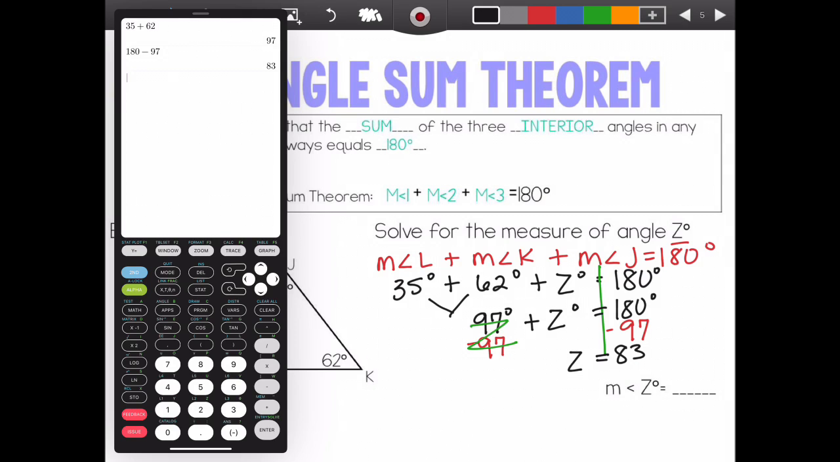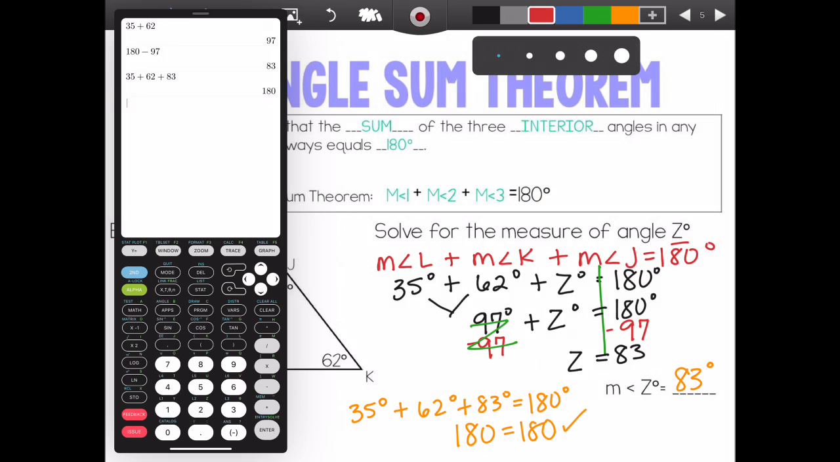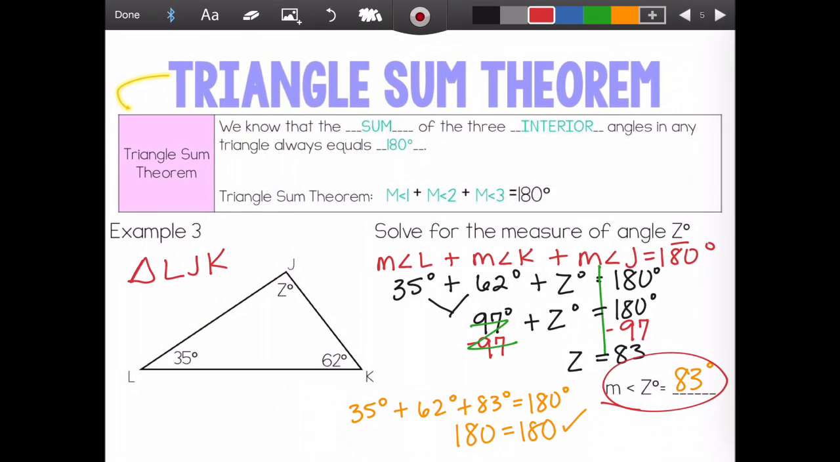So the measure of angle z is 83 degrees, but I want to double check, so I'm going to plug that in. 35 degrees plus 62 degrees plus 83 degrees should equal 180 degrees. All I'm doing is putting this in the calculator, plus 83. Yep, 180 degrees. These are equal, so my solution is correct. So the measure of angle z, you should have gotten 83 degrees. All right,